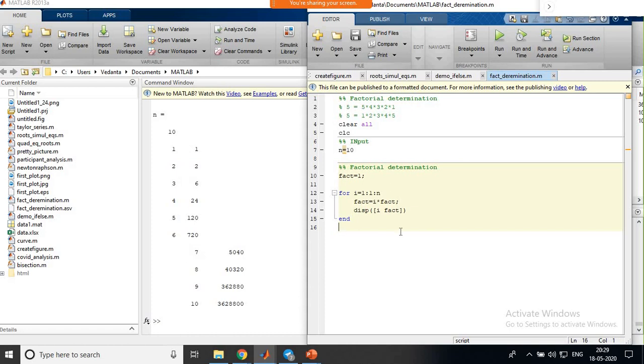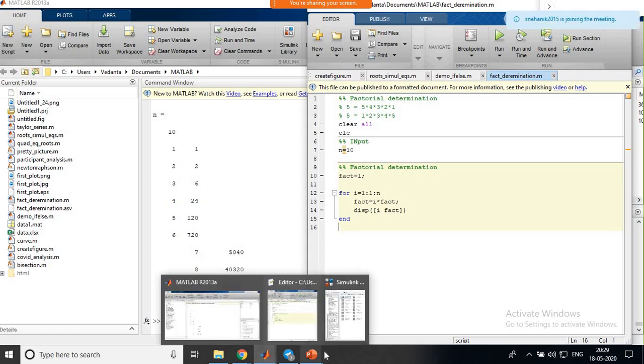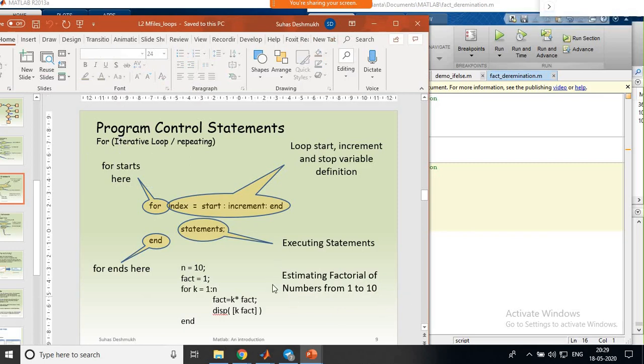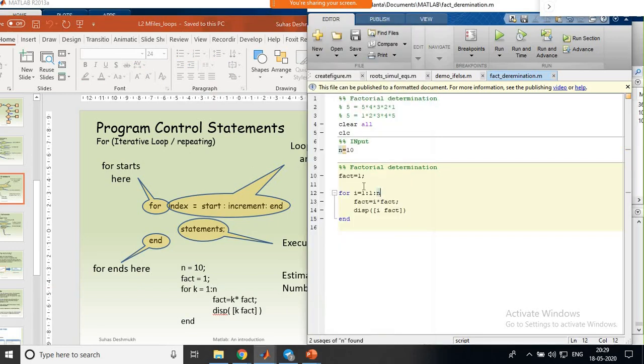So this is the way you can use a for loop. Whenever we are using a for loop, we should know by what amount you want to do the increment. Now I want to have an increment, I will provide 2. Which means the index number now starts with 1.